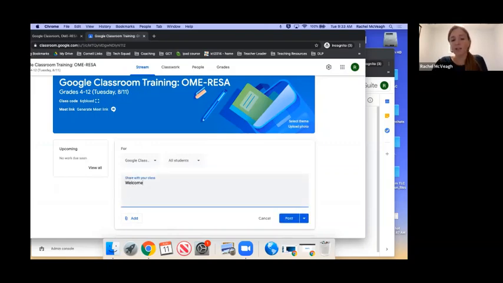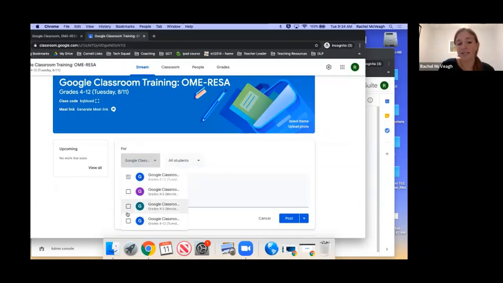So in your classroom that you've set up, go ahead and try to type an announcement. You can always delete it later and no one will see it if you don't want them to. So type an announcement, but before you send it, take a look here. I have multiple classes. So in this first box drop down, I can click as many sections as I want this to go to. So I don't need to retype it